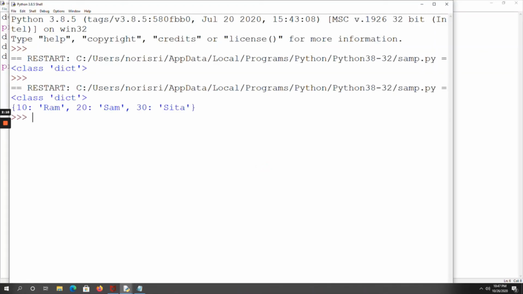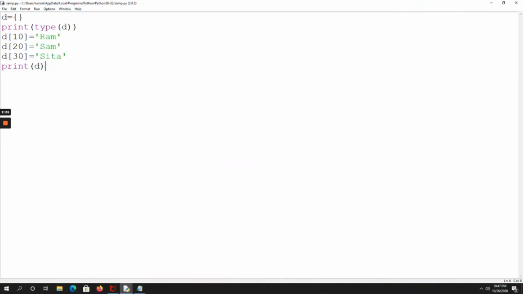See here, my dictionary is created with these key elements, right? Suppose for example, instead of 30, if I use 10, what happens? According to the rule in dictionaries, keys should be unique. That means we should not allow duplicate keys.